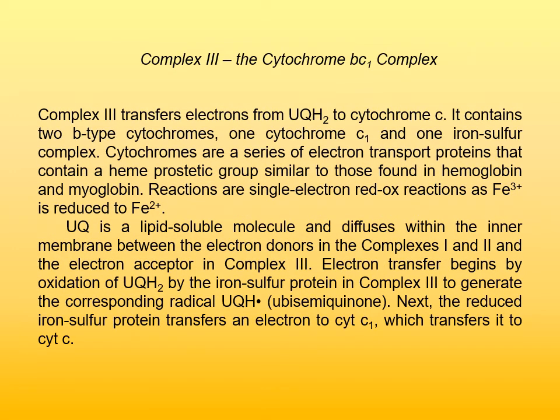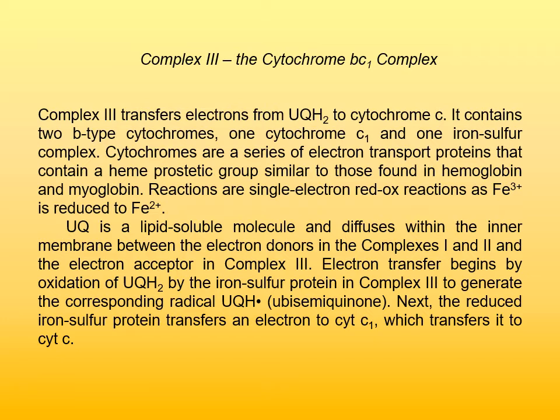Complex 3 is the cytochrome BC1 complex. So the role of complex 3 is to transfer electrons from dihydroubiquinone to cytochrome C. It contains 2 B-type cytochromes, one cytochrome C1 and one iron sulfur complex. Cytochromes are a series of electron transport proteins that contain a heme prosthetic group similar to those found in hemoglobin and myoglobin. Reactions are single electron redox or reduction oxidation reactions, and iron is reduced from iron 3+ to iron